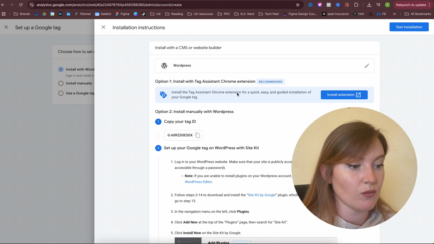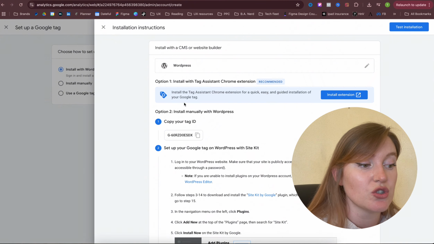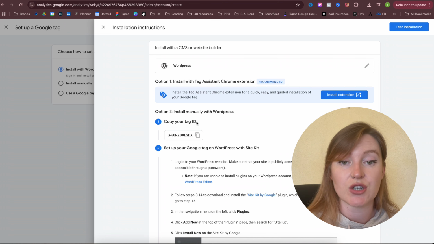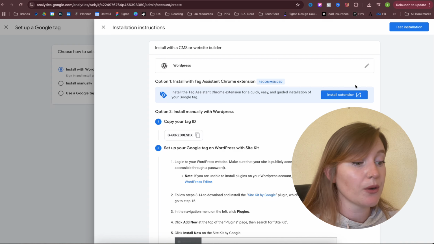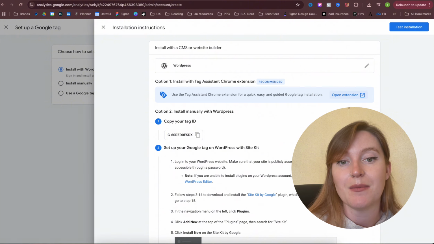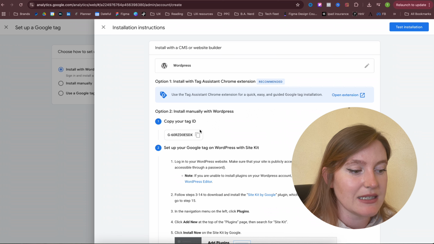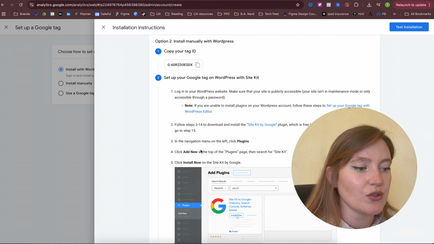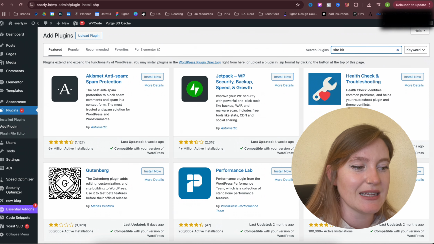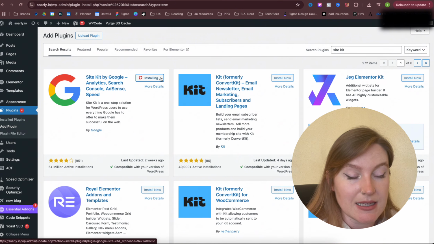I'm going to assume that this is a new account, so you probably don't have a tag yet, so we're just going to install with WordPress. It gives you very in-depth instructions, but by all means, if you have a developer, you can simply send them this information via email and they will install the tag for you. So you're going to copy your tag ID and then you're going to go to WordPress and you're going to install the SiteKit plugin. Simply press install now,